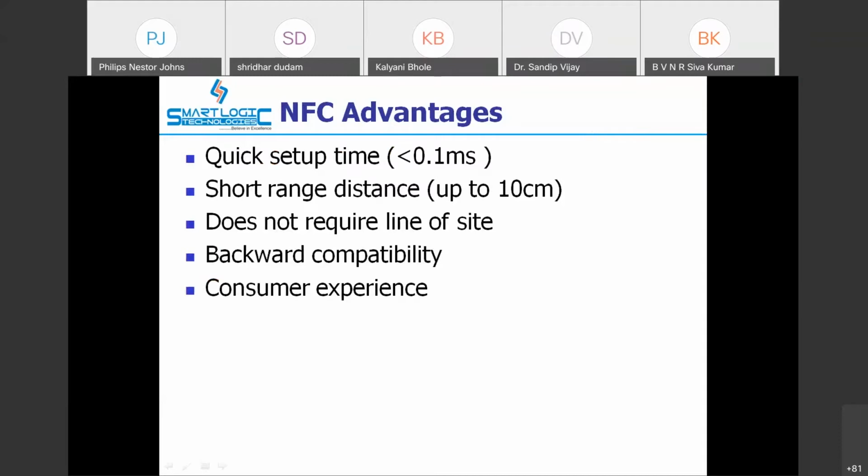Backward compatibility, that means you can use any NFC. NFC is evolving now, so every year we can see changes in the NFC protocol. And it's a better consumer experience because there is no need to swipe your cards and no need to make connections. Automatically the connection is established and the data is transmitted.